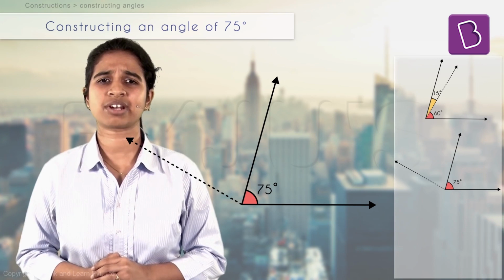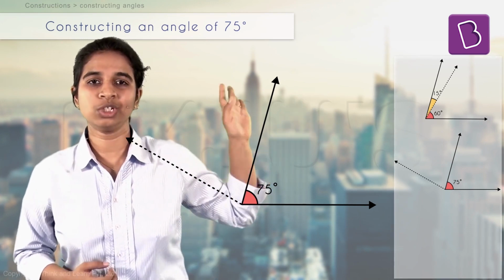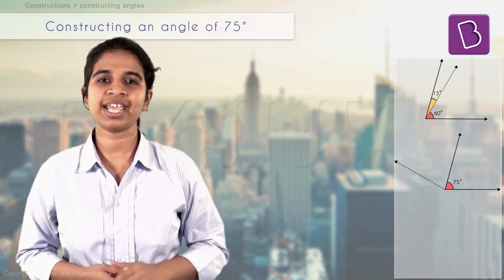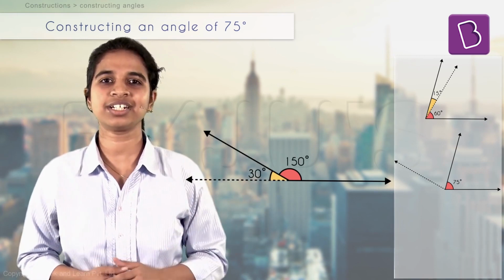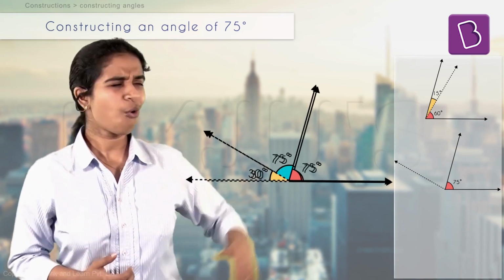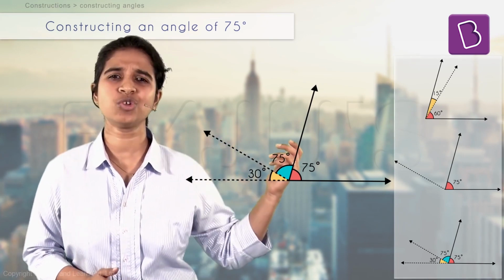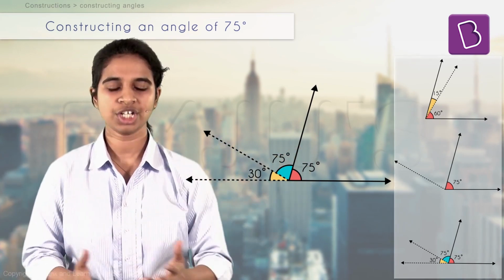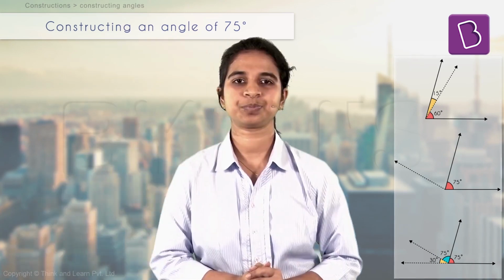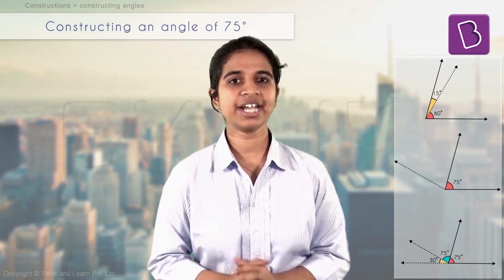Lots of different ways, right? It's the same 150 by 2. Instead of writing it as 90 plus 60, I can also write it as 180 minus 30 by 2. All of these ways give us 75, right? And you can use any of those ways, whichever you think is the easiest, to draw 75. Correct? So let's try and do 150 by 2. We'll see all of the methods.